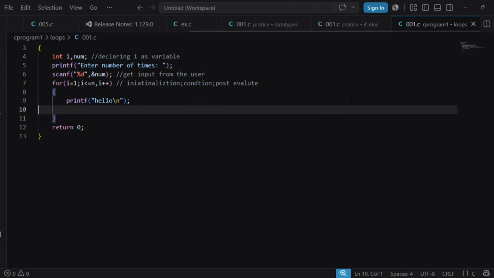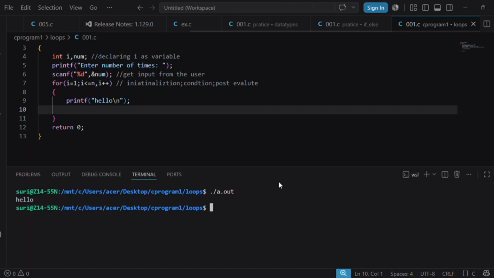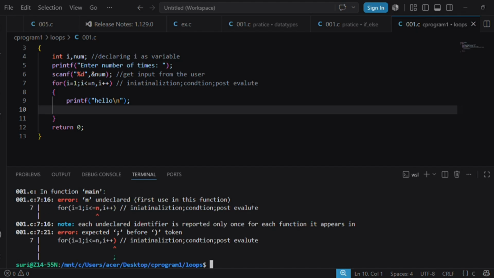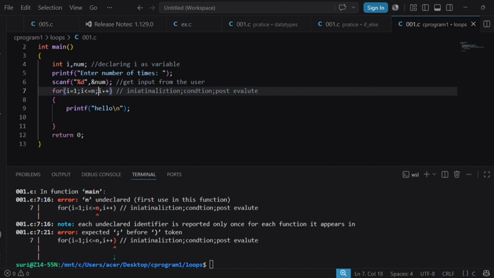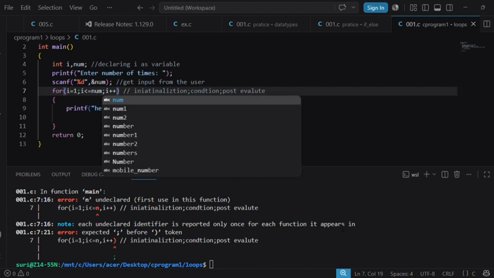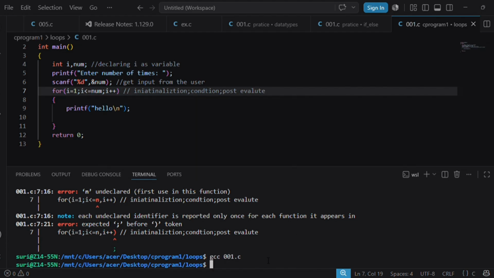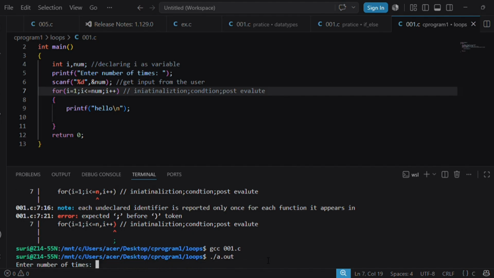So let's run this program. Here is the output. Next I am writing the times, for now 10.